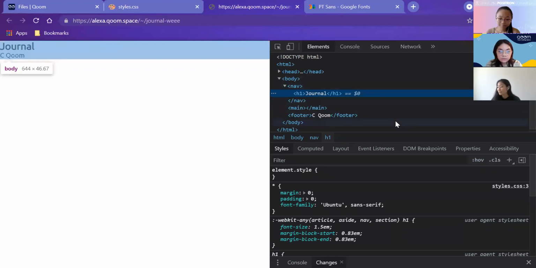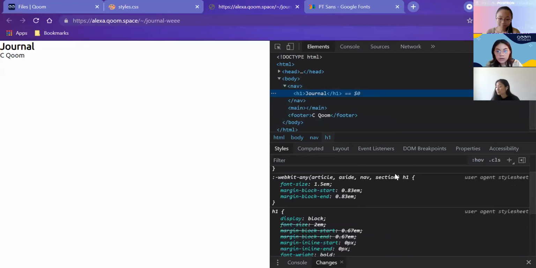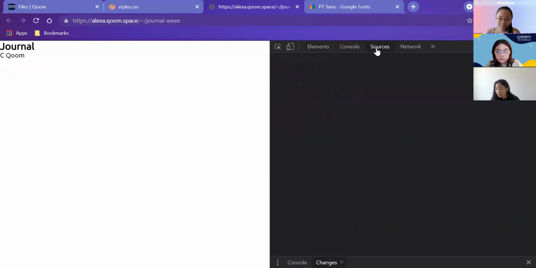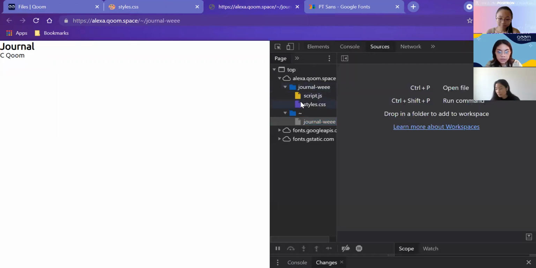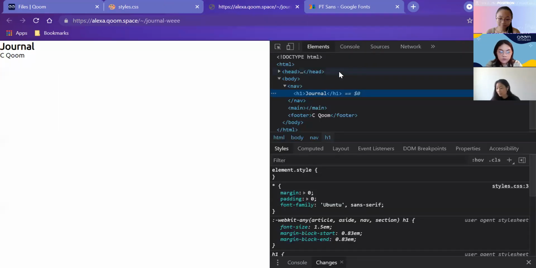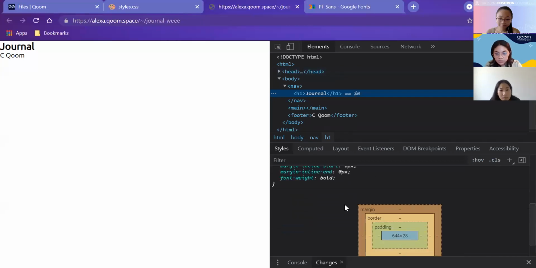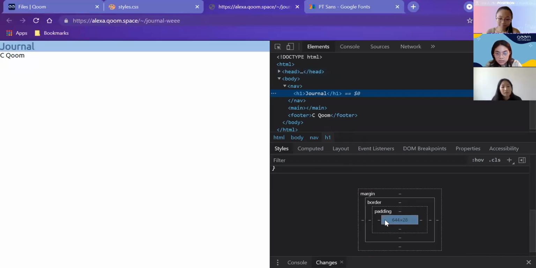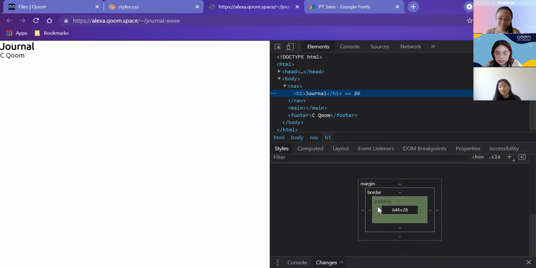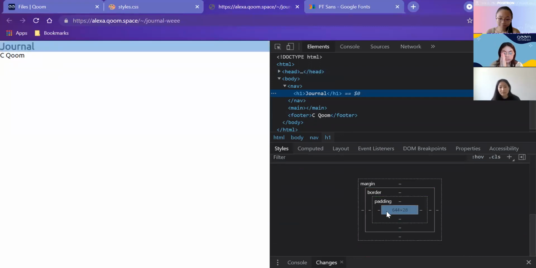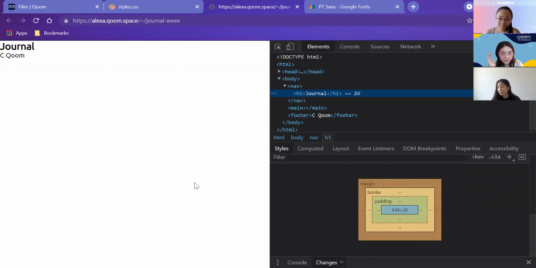So this developer tools is a great way to access your elements and also any other source files you have, like your script or style. But right now, I'm just going to focus on the elements tab. And what you can see is when I scroll down over in the CSS file, the width is 644 pixels. And that changes as I zoom in on the web page and don't, because it's 100% when we